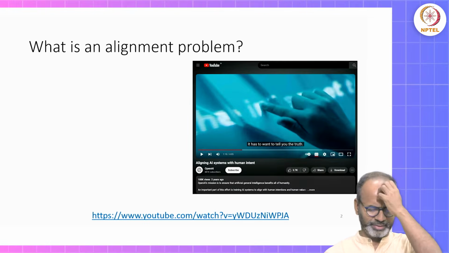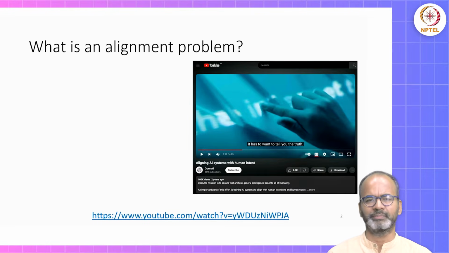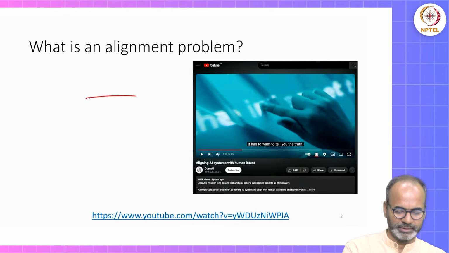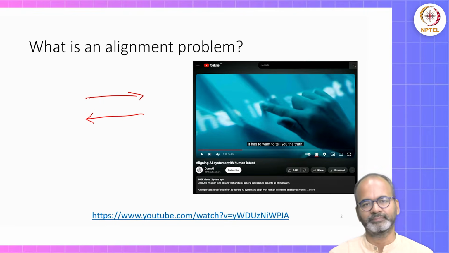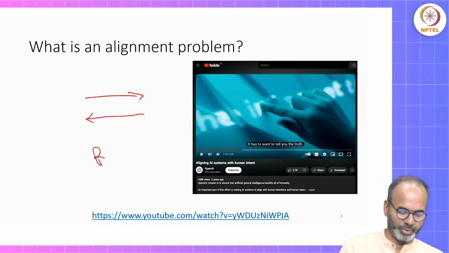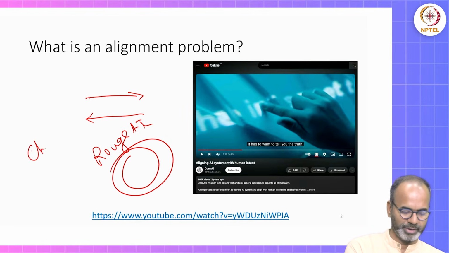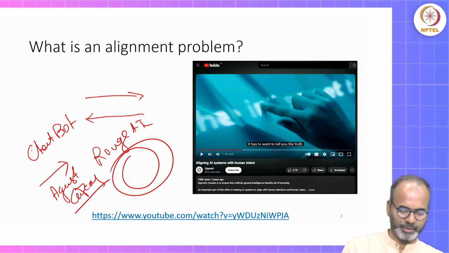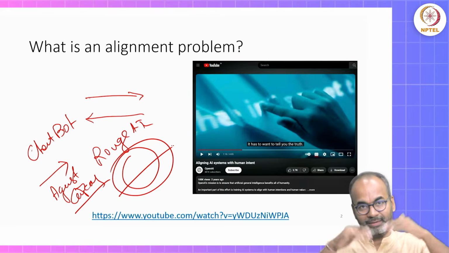This is a slide or an idea that we saw a long time back in the course, I think in week 1. What is an alignment problem? This is just a refresher for you to remember that the alignment problem is making sure that what we want the system to do and what the system is doing is the same. If you remember the rogue AI slide, where this robot goes around, or a chatbot that we have seen before, where it says some things against the company, all of that is the alignment not being done well.